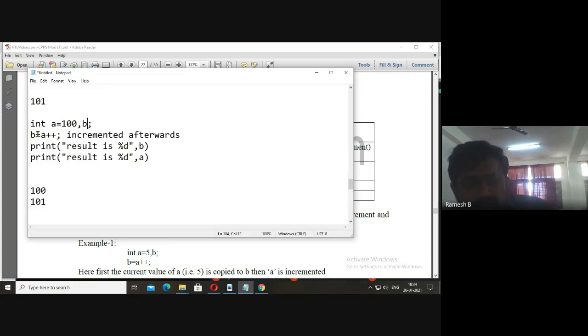The value of a is assigned to b, so b becomes 100, and printing b gives 100. After assigning, a is incremented, so a becomes 101. That value I am printing here. That makes the difference.